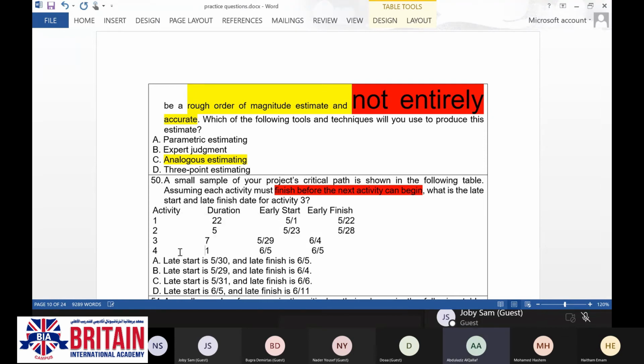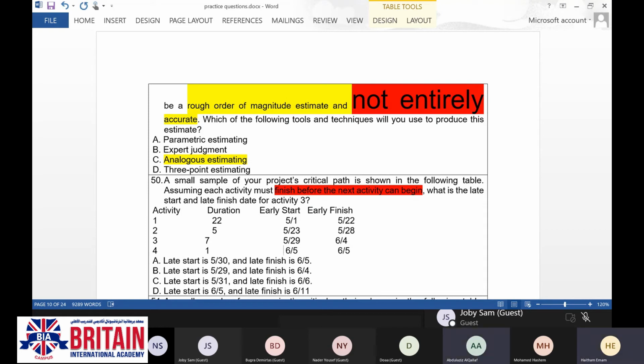And the answer, I think... Just tell me how you have solved this question. Let me check what is the late start and late finish date. I should draw the diagram. And you have drawn the diagram or no?